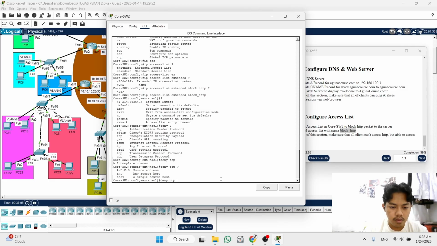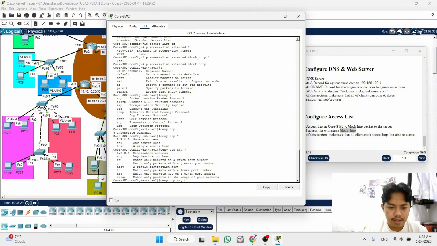After that, you write the source host, because we block all clients from accessing HTTP. After that, we look at the destination address. We want to block the server.